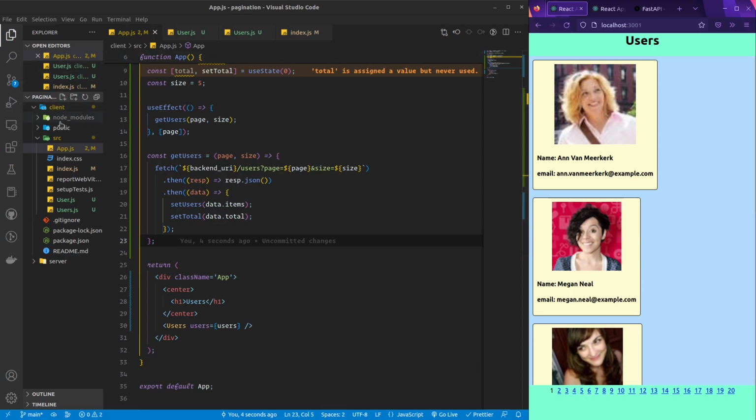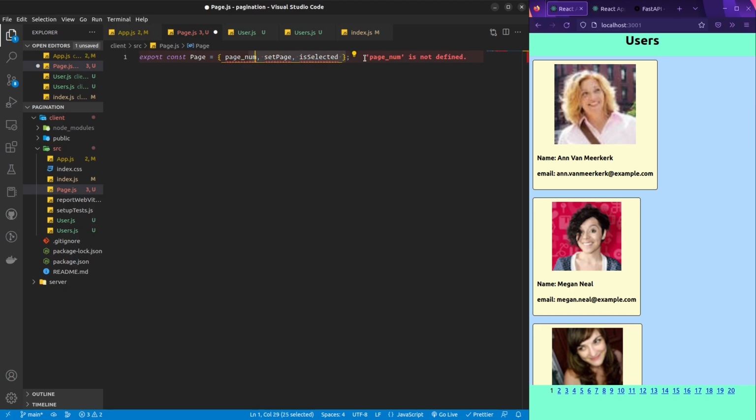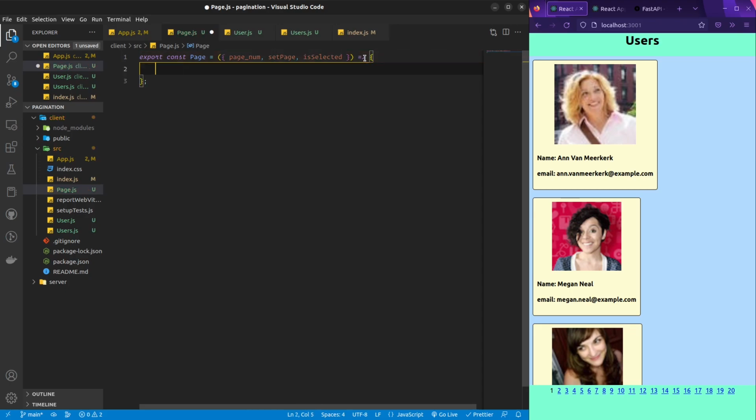Let me first build that, creating a component called page.js, and in that I'm going to take a bunch of parameters as inputs. It's a function, not an object. Okay, and it's going to return